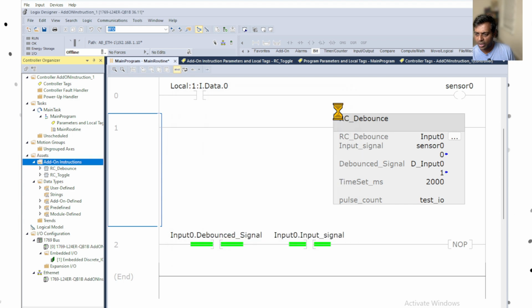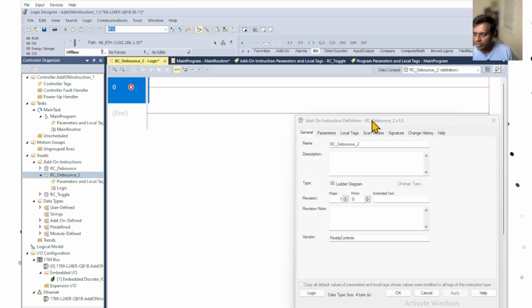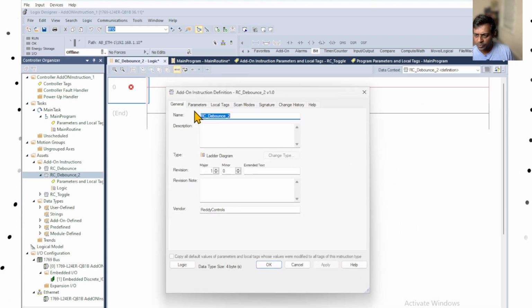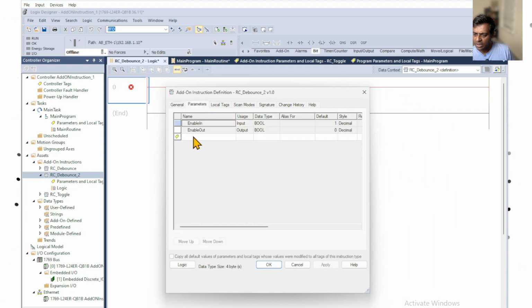Once you click OK, the window opens up which looks like this, and in this window you have the general properties, and then in the parameters is where we'll go ahead and create the parameters we talked about. So the parameters we talked about were